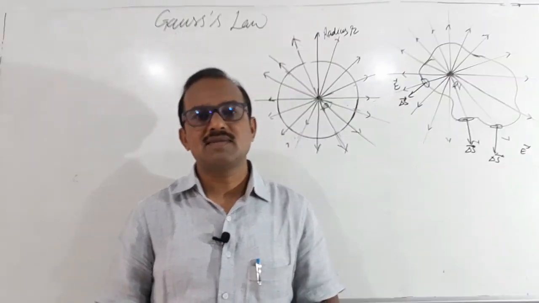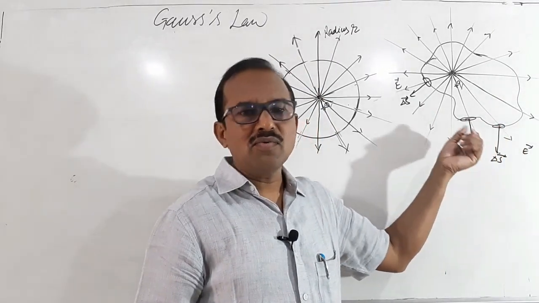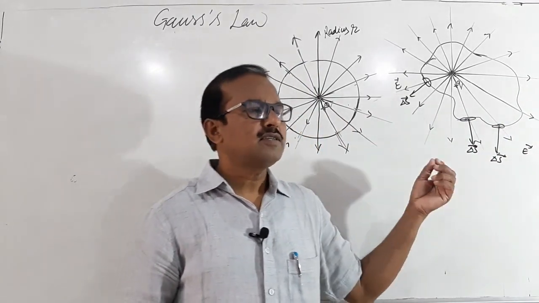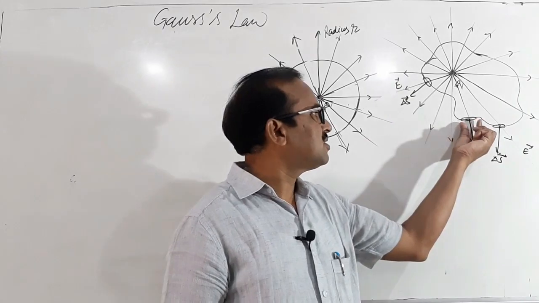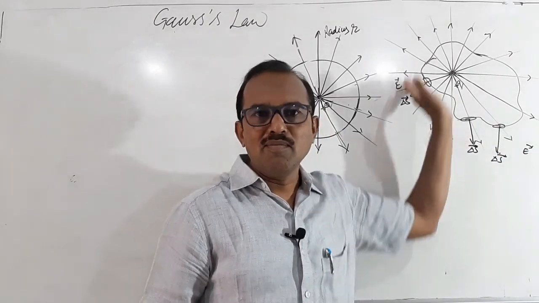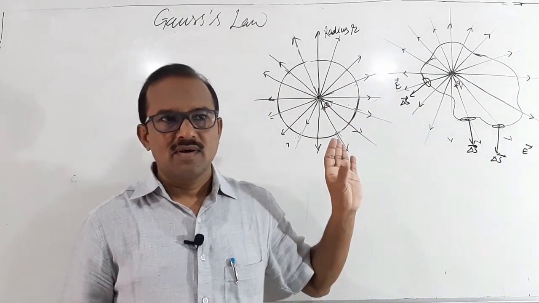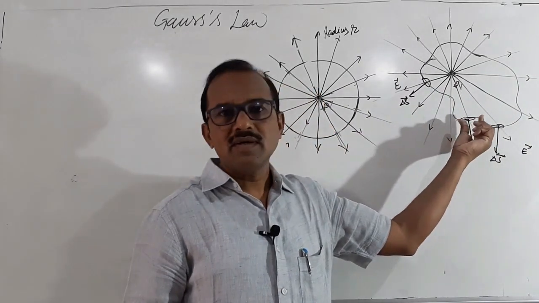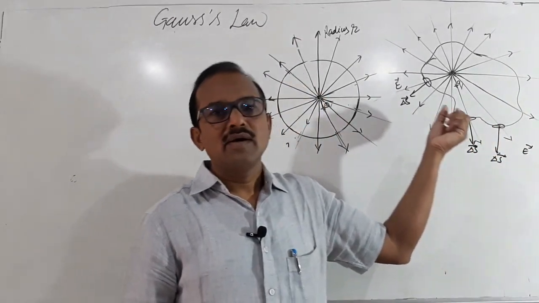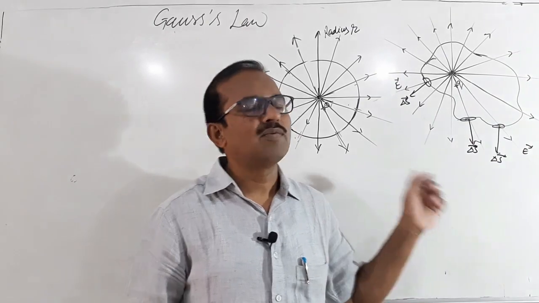So in order to calculate flux, we have to go in parts. We have to divide this surface into many small elements and then calculate the flux through each element. And in order to find the total flux, sum over this flux, or integrate it, over the surface. So first calculate the electric flux through a small surface element, and then to find the total flux, sum this flux over the surface.